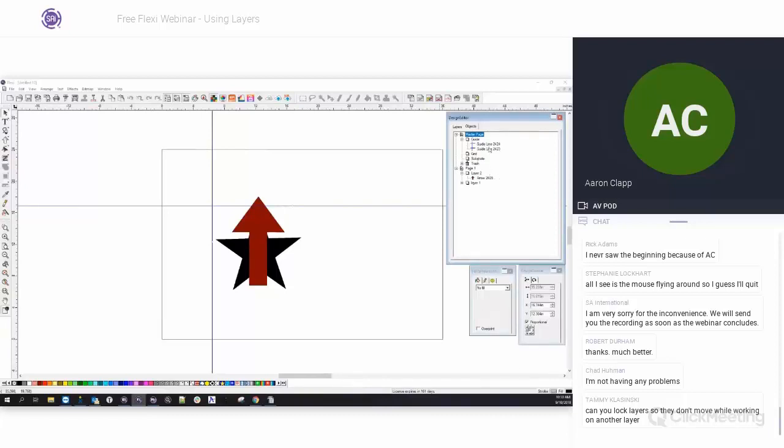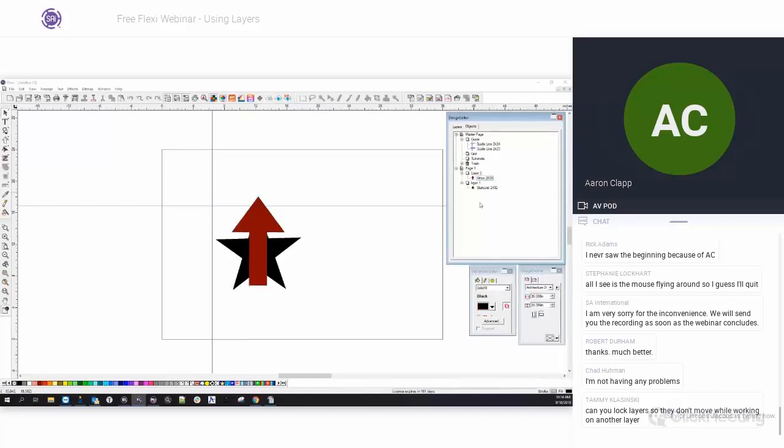For now, we're going to leave it the same because we've got our page 1, which is going to contain all of our layers. All files are going to have a master page and then a page 1. Page 1 is typically where you're going to do most of your designing. As you can see, when I open up and dial into some of these layers, I can start to see some of the objects that are in my file. If I click on this burgundy arrow, it highlights over here, and then I can select that object and maybe rename it, or I can move it around, or